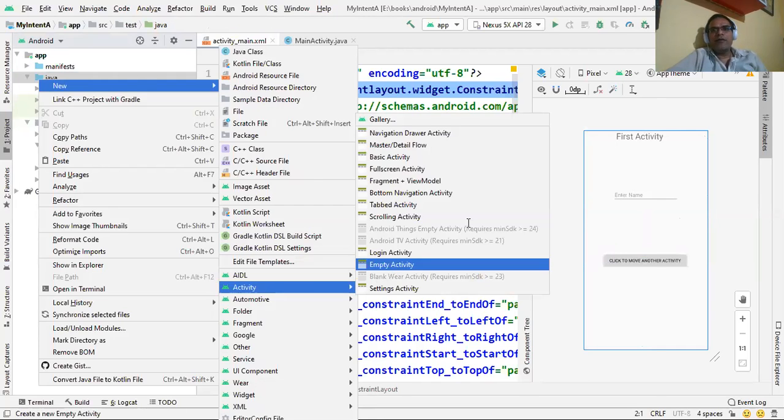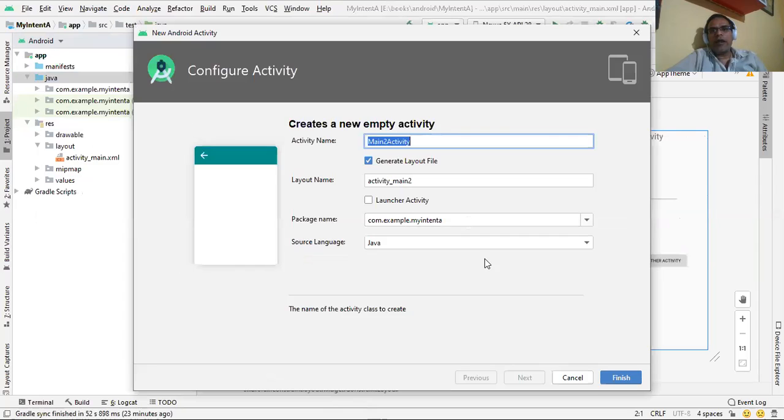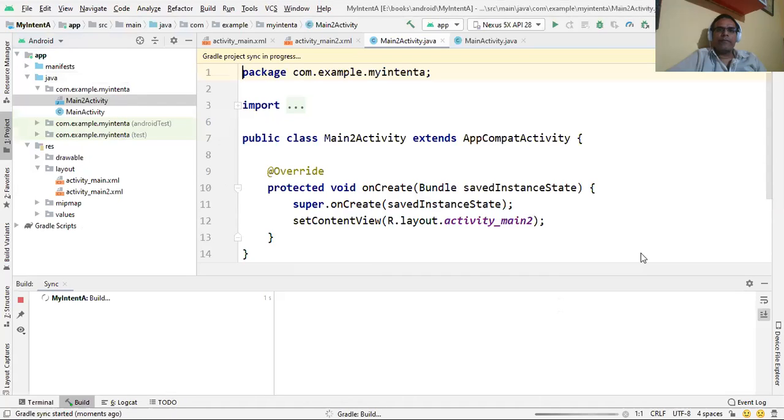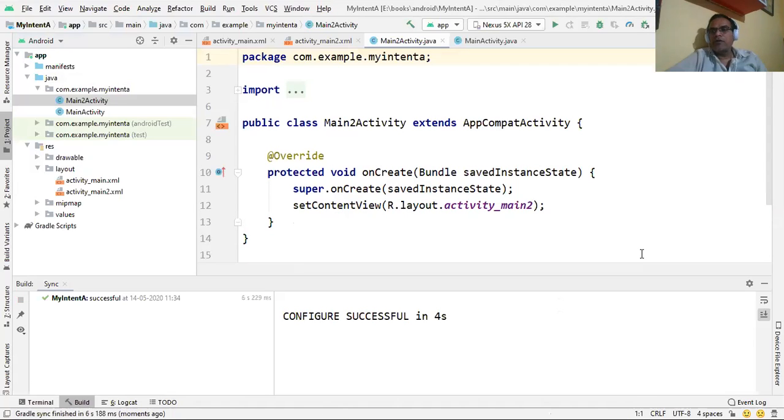It will create another activity, with the default name, and then finish. Before this, we have used only one activity in different Android applications, but today we are using more than one activity in this application.